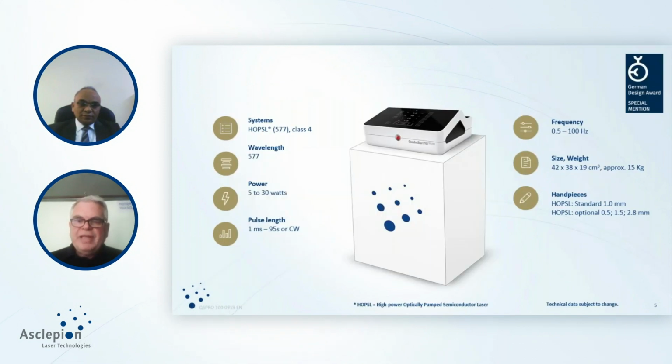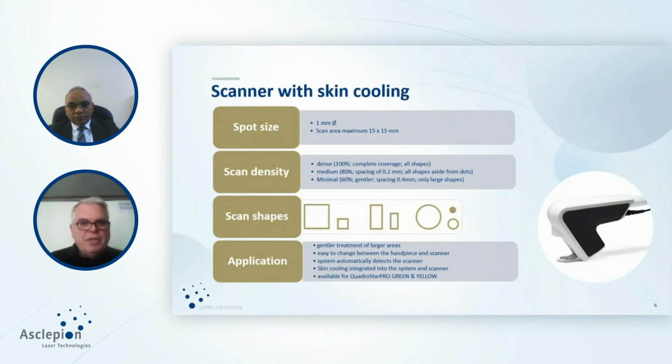And we have different handpieces, but I think even Professor Essam will say something regarding the handpiece, in which application he is using which handpiece. Actually, we have the standard handpiece like a pen, and of course different sizes and even a scanner. With a scanner, you can use a bigger area. It also depends on the application, and we can also supply different shapes in order to cover a certain bigger area, and this is a benefit compared to a normal handpiece.